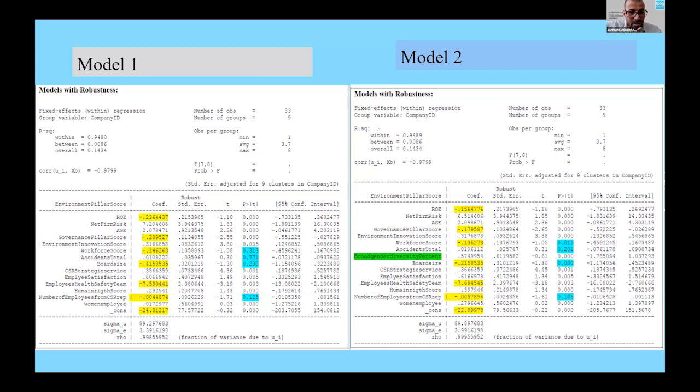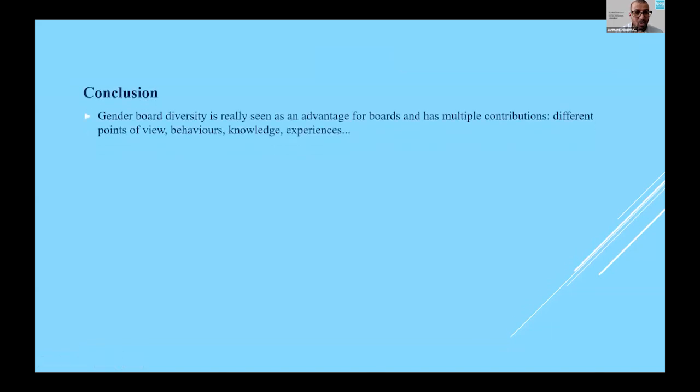We can see that the governance pillar score is negative 28, and now it's negative 70. So we can conclude that the presence of gender board diversity